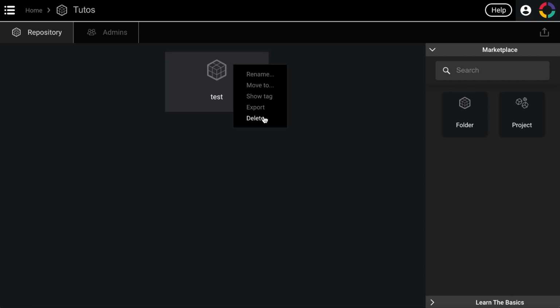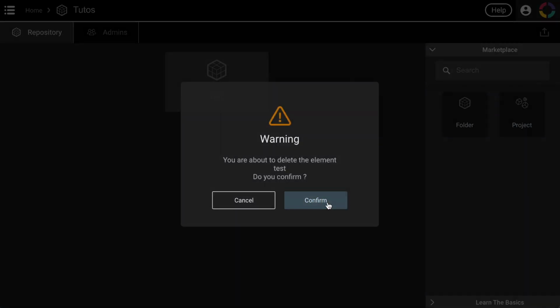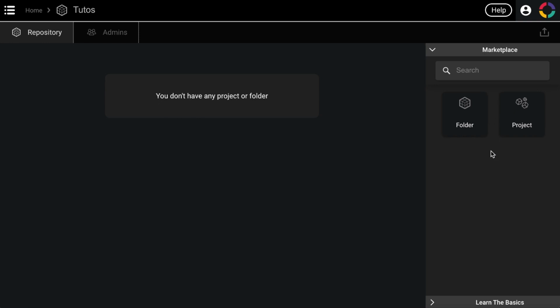So a folder is a brick, a project is a brick, and they all come down from the marketplace. So I'm going to create a project and name it test. This is going to help us look at the other editors of the application, right? But let's stay here for a while, because here you have the marketplace,